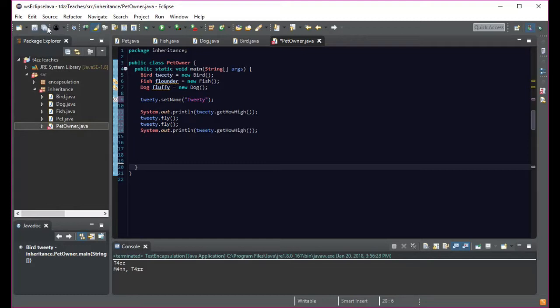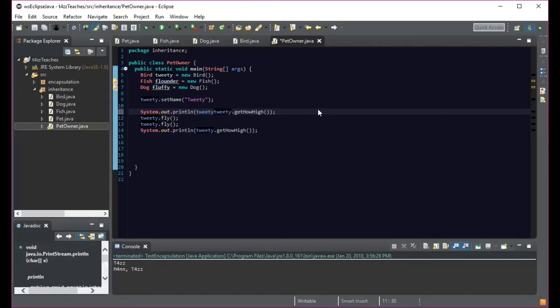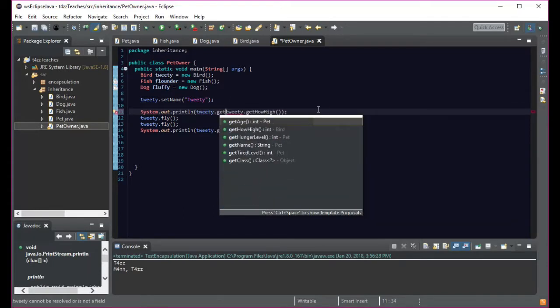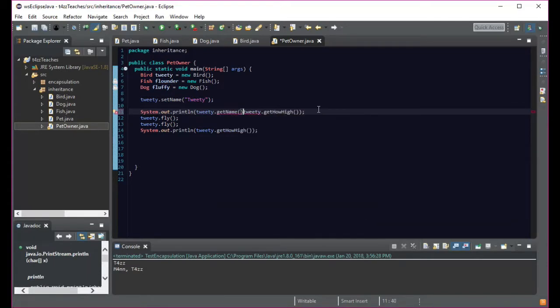So if we run this now, in fact, let's have it say the name. Let's say Tweety dot get name, because we're accessing the get name from the inheritance, and we can say plus and another plus there, and then in here we can say